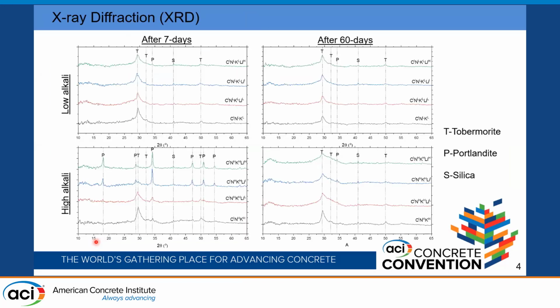Hello. So I'm going to go over the results and discussion from this study. For characterizing the ASR gels for both low alkali and high alkali groups, we used X-ray diffraction to study the phase composition and their development over time. We can see that there is a most significant peak at 29.42 theta, which is representative of a CSH-like structure or one similar to the naturally occurring mineral tobermorite.